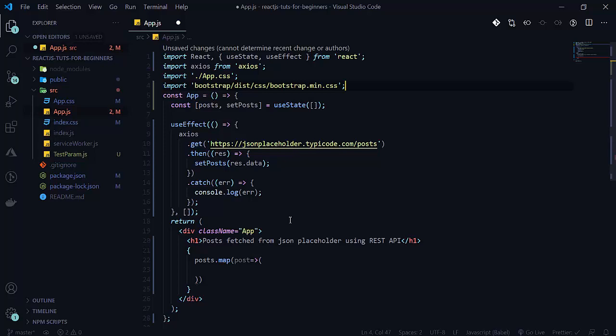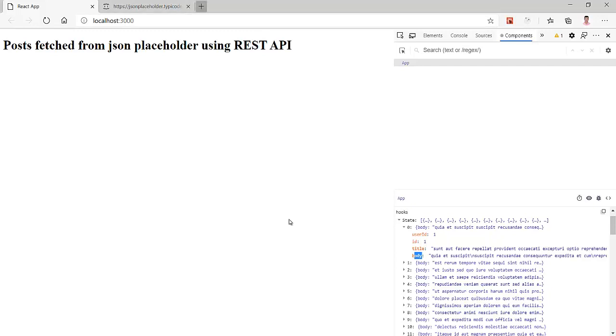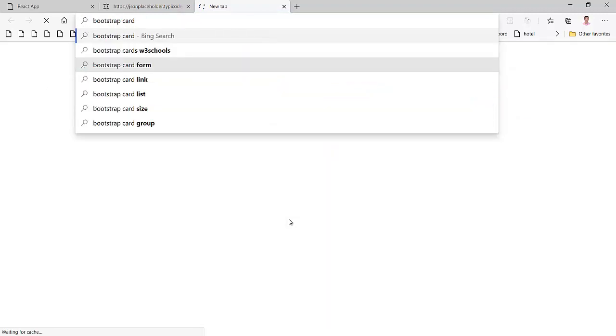Let's save it. We will be using a card here. Let's go to the Bootstrap page, and we will copy a Bootstrap card.